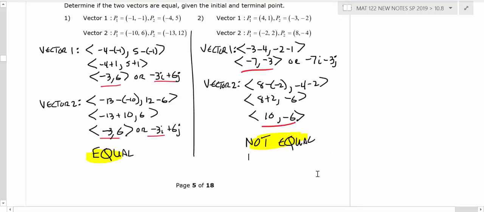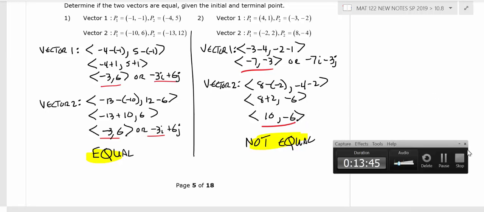And okay, so this is what you should have come up with. Example 1, you want to make sure that when you did the standard form, you got the vector (-3, 6), -3i plus 6j as a component form. And on vector 2, you got the same thing, so they're equal. You can look over the calculations I did. Okay. Second one, not equal. The first vector, you should have got (-7, -3), -7i minus 3j. Second vector, you should have got (10, -6). So therefore, those two vectors